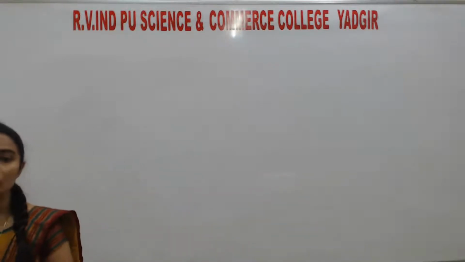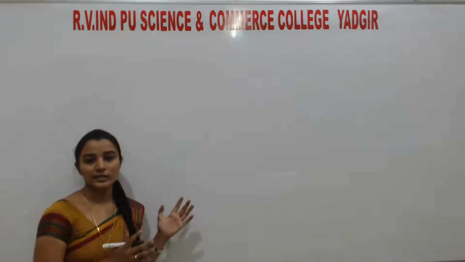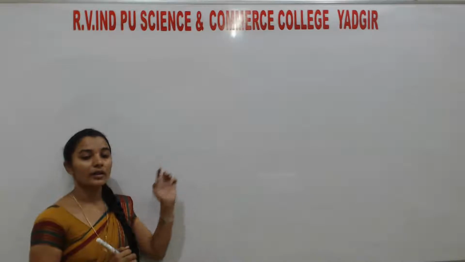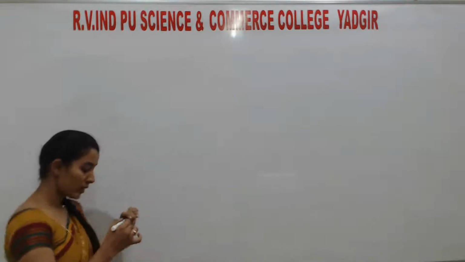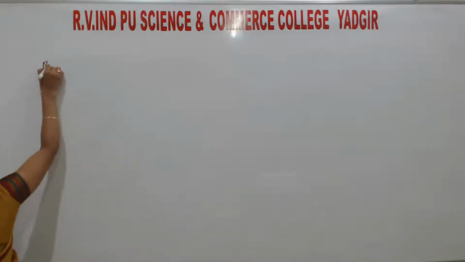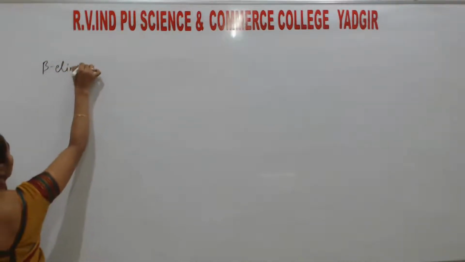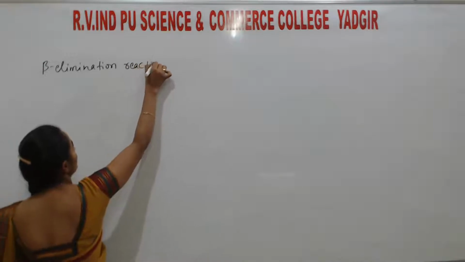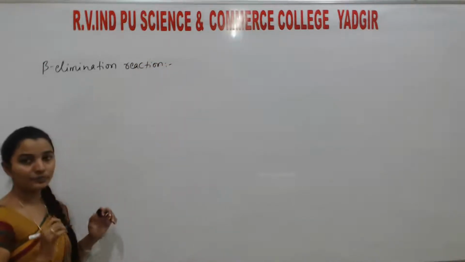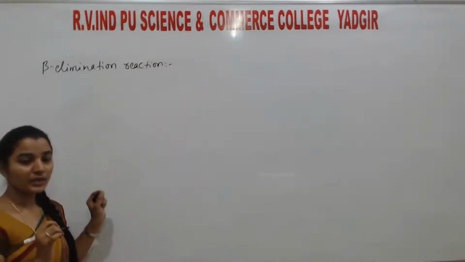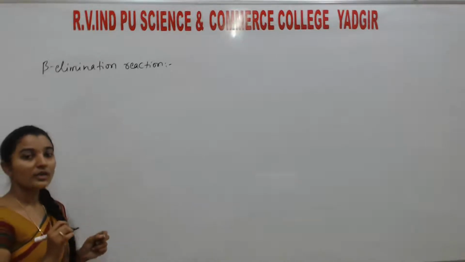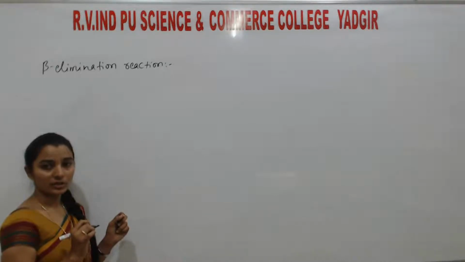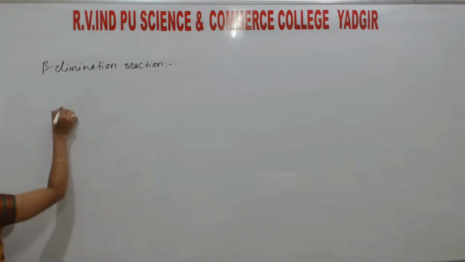So the next one, only two rules are there. One is Saytzeff's rule, and another one is the beta elimination reaction, and the next one is Markovnikov's rule. So initially I'll explain the beta elimination reaction. This beta elimination reaction is also called the dehydrohalogenation reaction. Why? So initially I'll take the example